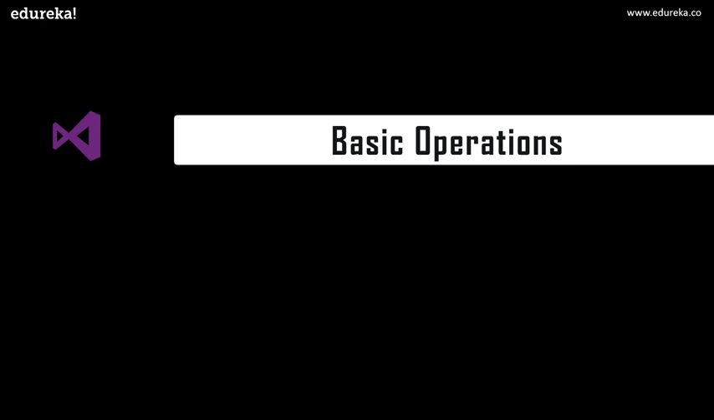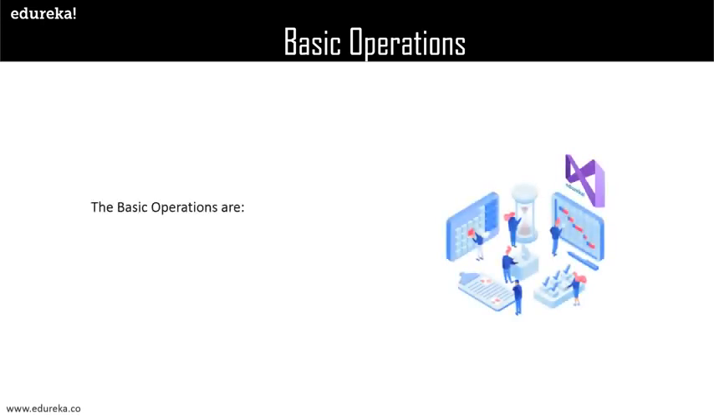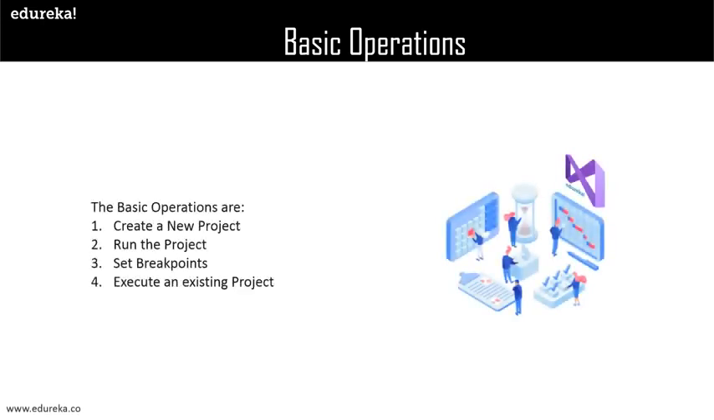So in the next chapter, we have the basic operations. So what exactly are the basic operations related to Visual Studio? Some of the basic operations in Visual Studio are creating a project, running the project, setting breakpoints, and executing an existing project. We have seen how to create a new project and execute it. Now let us understand how to set breakpoints in our project and how to execute an already existing project in